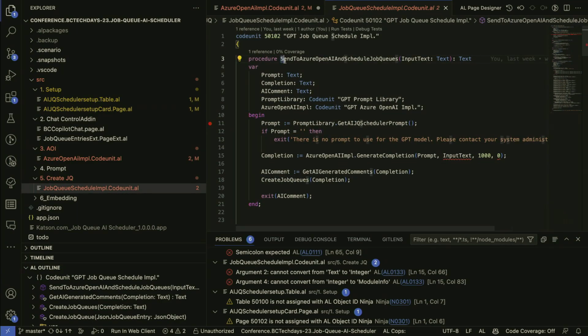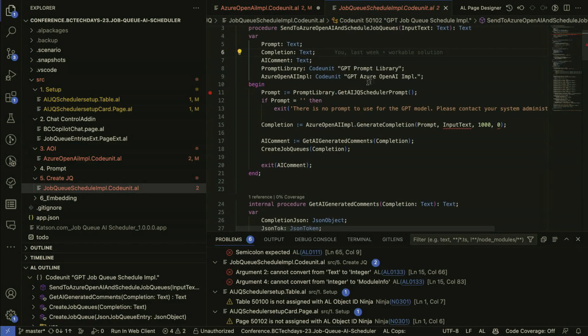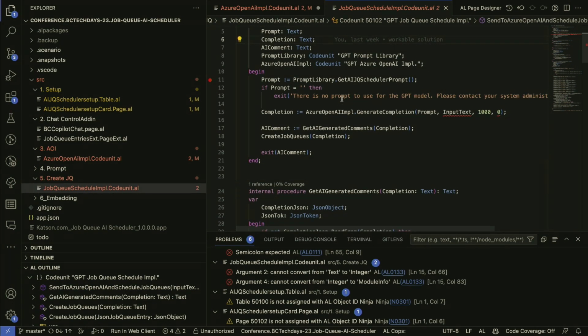I send the user request to the Azure implementation codeunit that we created. This codeunit will send the prompt that we created into the